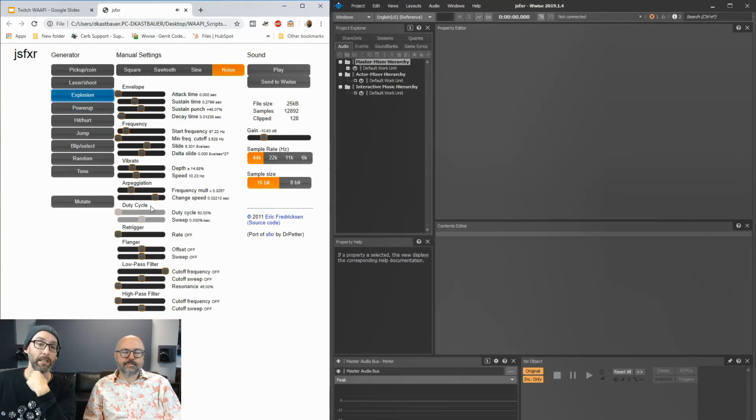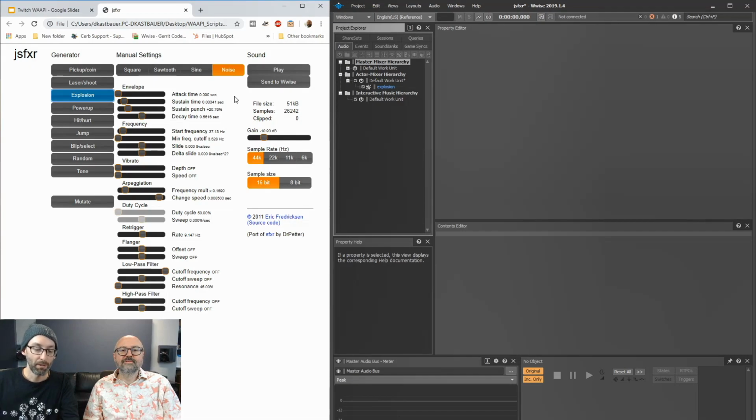It randomizes the values, and so now the workflow is once you're satisfied with a sound, you just press the button, and as you see, there's a new sound created, explosion. So let's try another. Oh, that one is good. That's cool. So press W. Now we see another explosion.